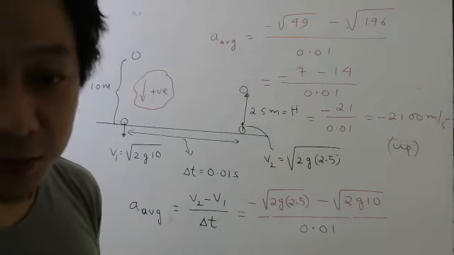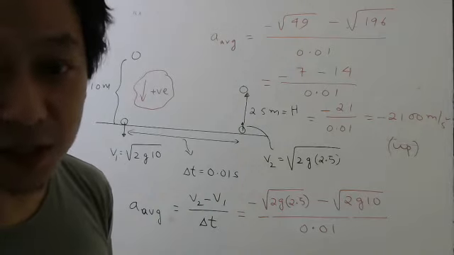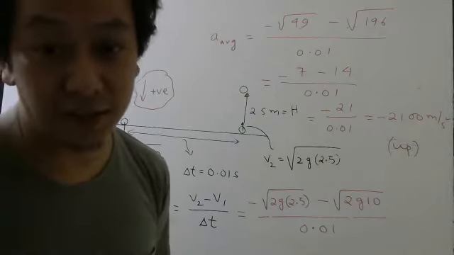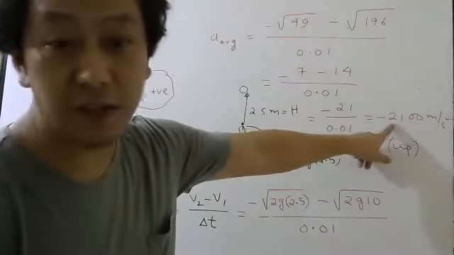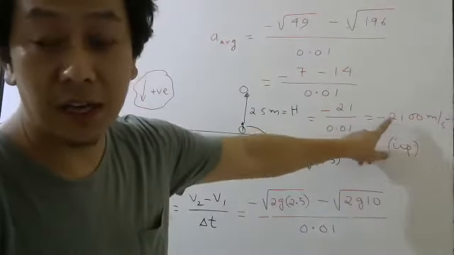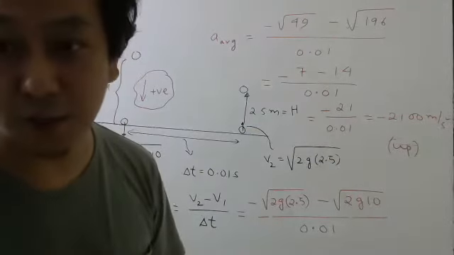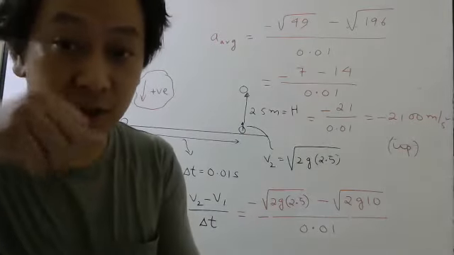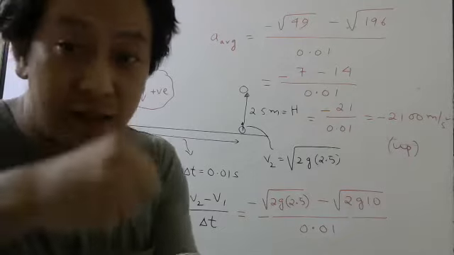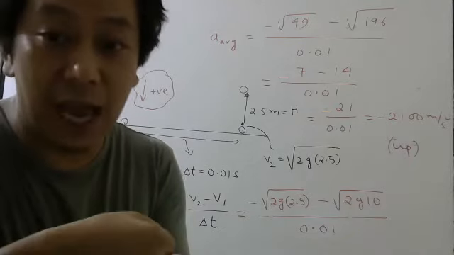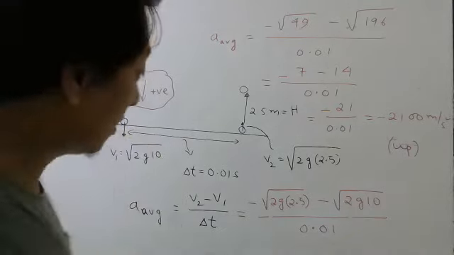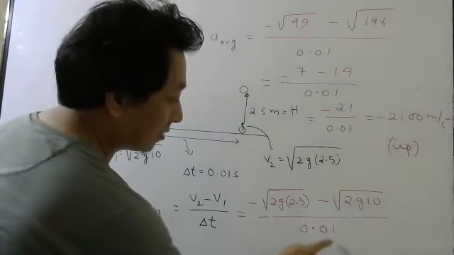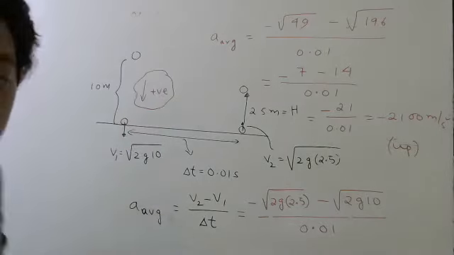Okay, acceleration during contact. So please don't think it is gravity acceleration. You can see this is a huge acceleration. Compared with gravity, gravity is how much? 10 meter per second square only. This is 2100. And that is because when it hits, the time of impact is very small. So if time of impact is very small, acceleration will be very large.